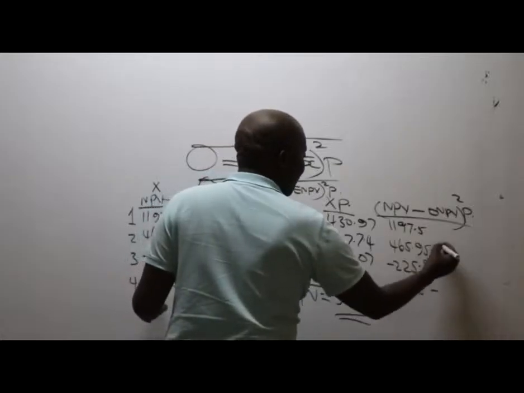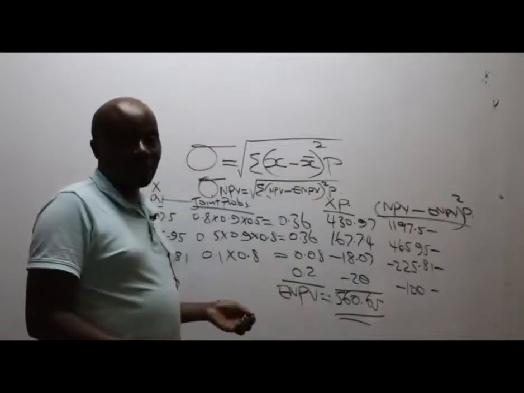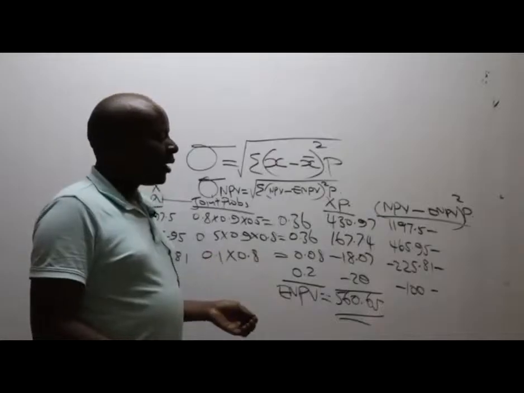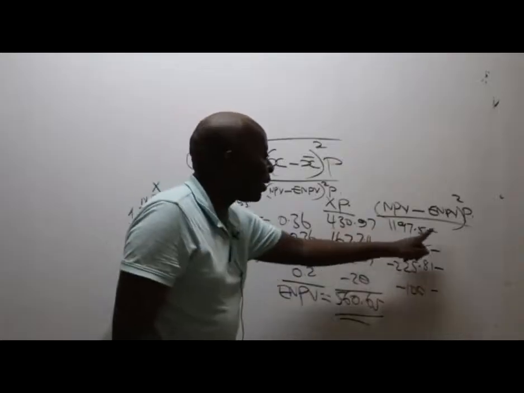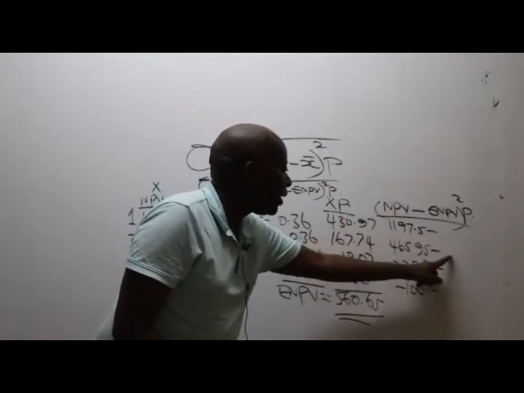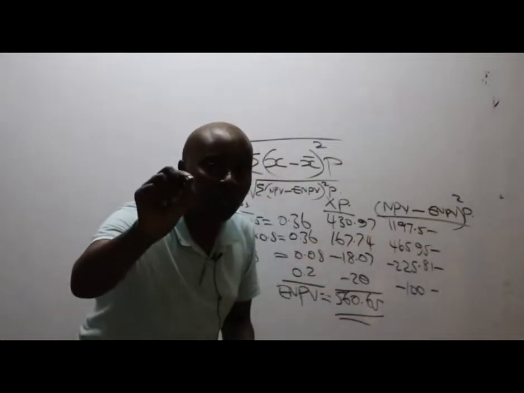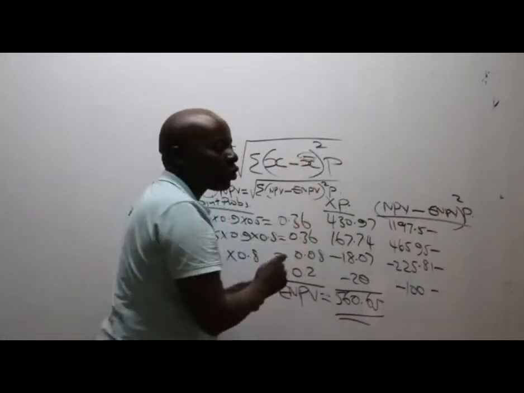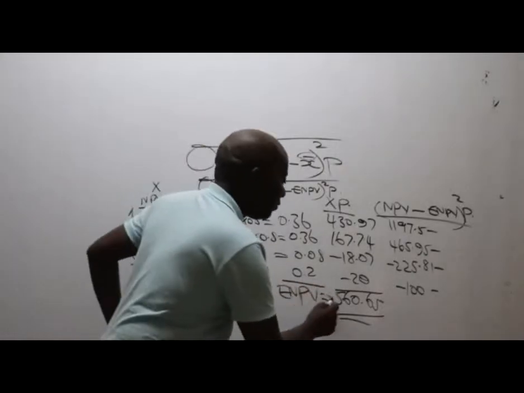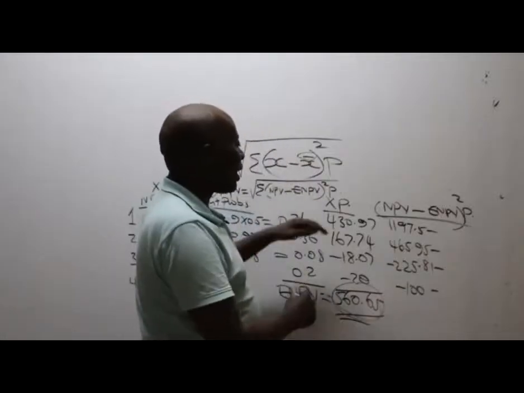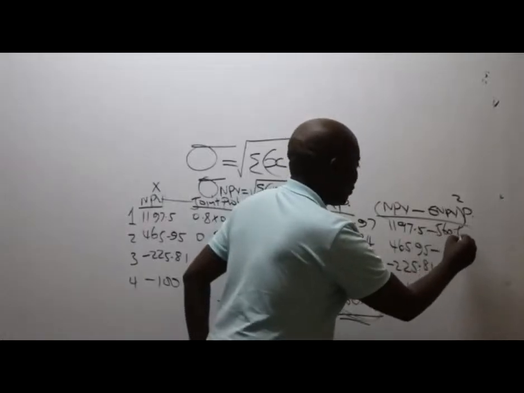Sasa hapa ndio abracadabra. Kama saa shetani anakuchukia. Kama shetani anakuchukia, na shetani anachukia binadamu sana, by the way. Anachukia binadamu sana. Utapata mwanafunzi ukimuuliza hapa minus expected NPV, anaanza kukopi hii figure anaweka hii hapa. Anakuja anachukua hii anaweka. Anasahau kwamba expected net present value is supposed to be only 1. And as per this thing, is supposed to be uniform throughout, supposed to be applicable throughout. So expected net present value is this single figure here. We cannot have many means. So this one is supposed to be 560.65